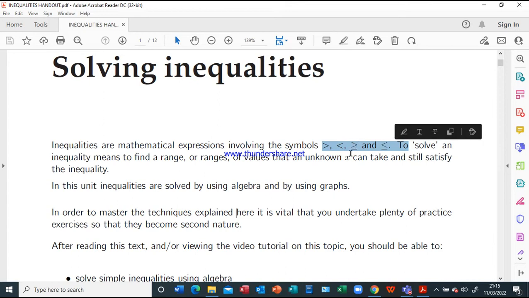When you see greater than and a dash down, it means greater than or equal to, and then less than or equal to. So meaning for linear equations where we are using the sign of equal to, now we replace the sign of equal to with the inequality sign. So it can be the left hand side is greater than the right hand side, or the left hand side is less than the right hand side, or greater than or equal to. So these are the four symbols you use for